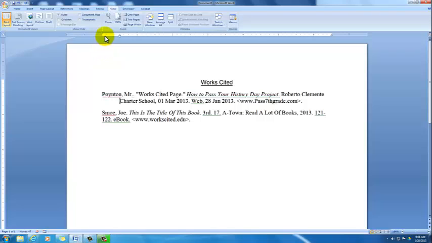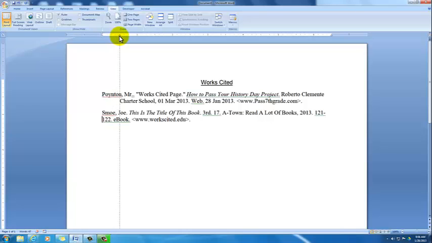Now you'll notice that the top triangle's here where the blue and the white meet, and you'll notice that is where Poynton's lined up. The triangle with the square is a half inch indented in, and that's where the second line will now line up. If we click back on this line, you'll notice that the indent has changed again. So we're just going to drag